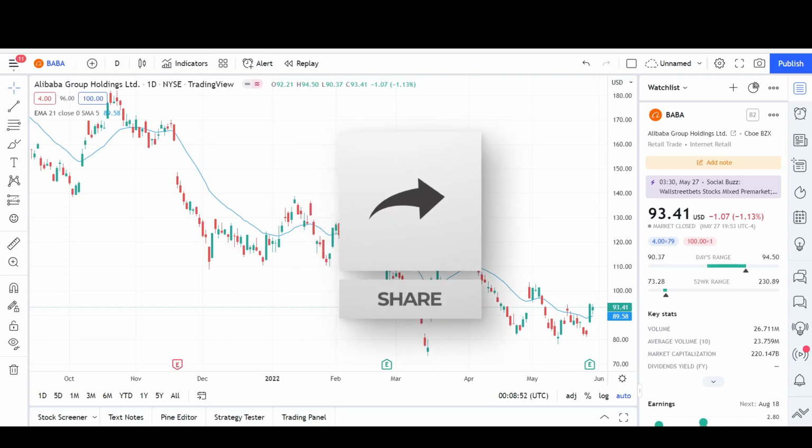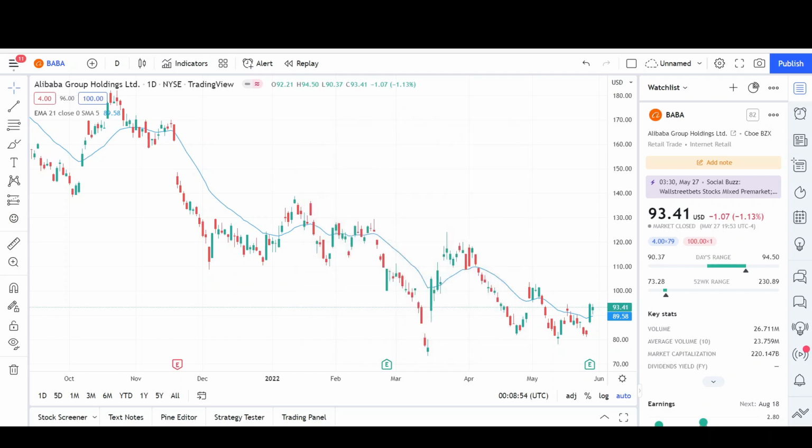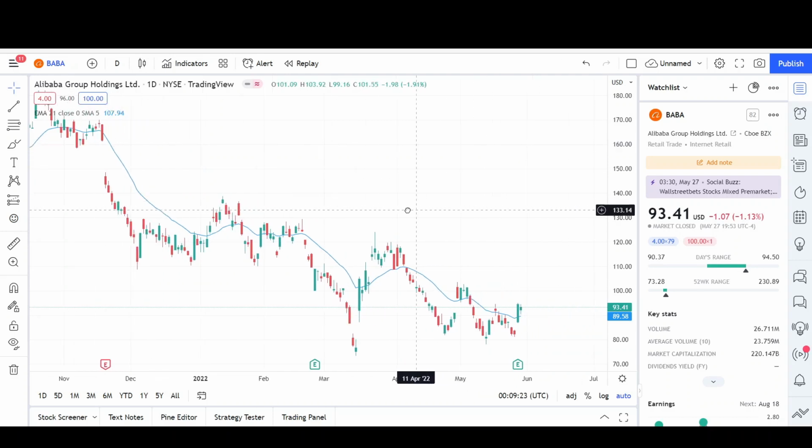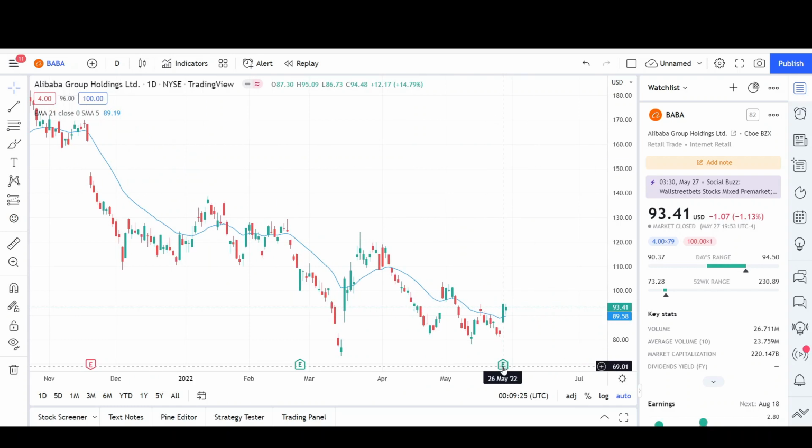This video is for entertainment purposes only and does not constitute any financial advice. I will first go over what I see in the daily chart and finish the video off with the weekly chart. Here we have the daily chart for Alibaba, and earnings was released back here on, I believe it was